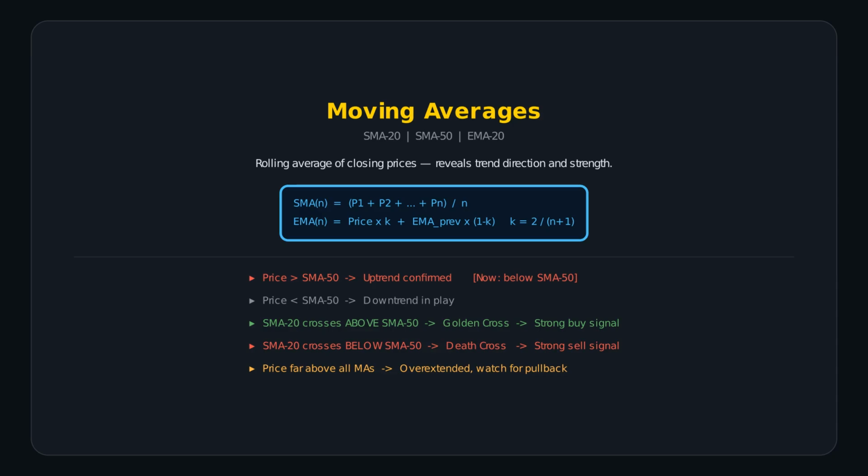A simple moving average smooths price noise by averaging the last n closing prices. SMA 20 tracks the short-term trend. SMA 50 tracks the medium-term trend. The exponential moving average gives more weight to recent prices, so it reacts faster to new information. The key rule: when price is above the 50-period average, the trend is up. When below, the trend is down. A golden cross, the fast average crossing above the slow one, is one of the strongest buy signals in technical